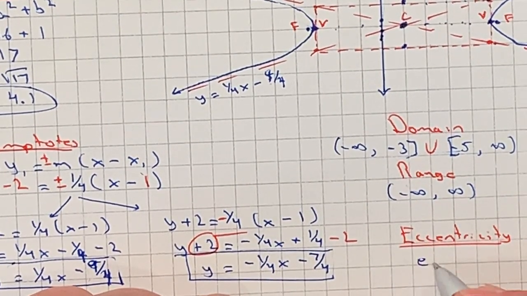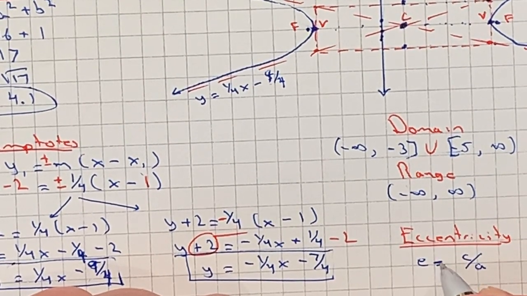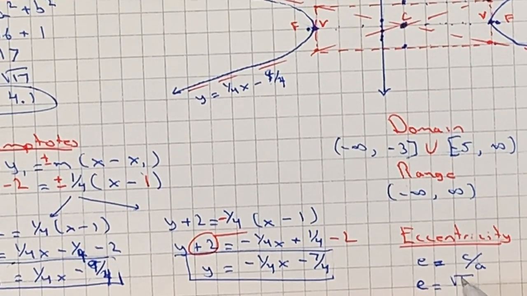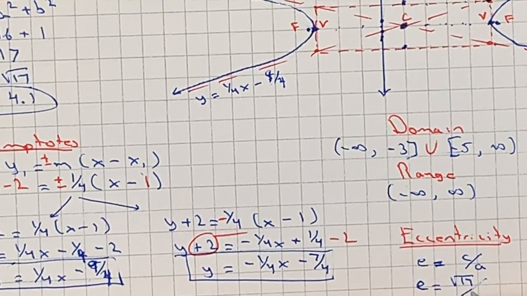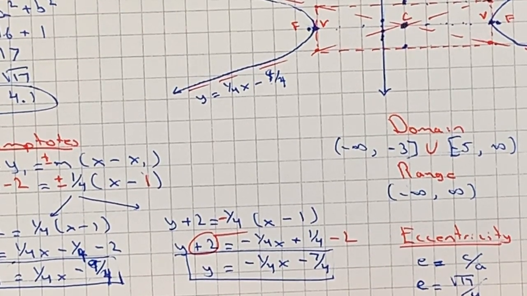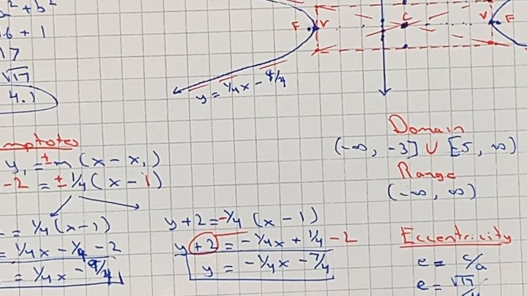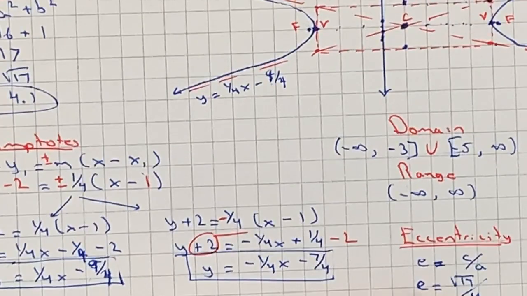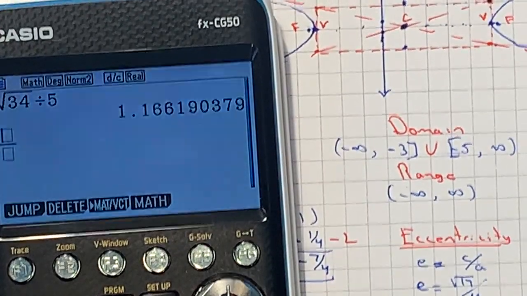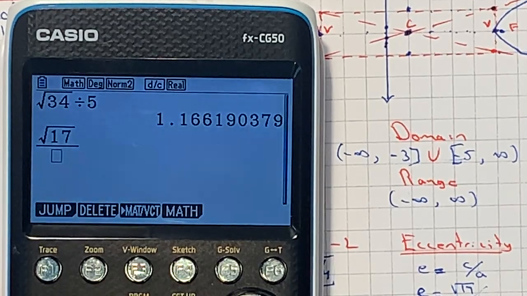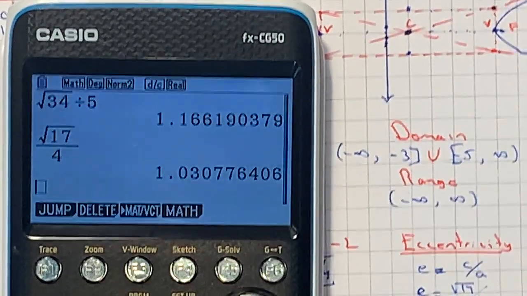So therefore, my eccentricity, you have to memorize your equation, e equal to c over a. For a hyperbola, it should give you a value bigger than 1. So e equals, the value of c in this case was square root of 17, and the value of a was 4. And for our purposes, we do need to be able to change it to a decimal. So it should be very close to 1. So we have square root of 17 divided by 4, and in decimal form it gives you